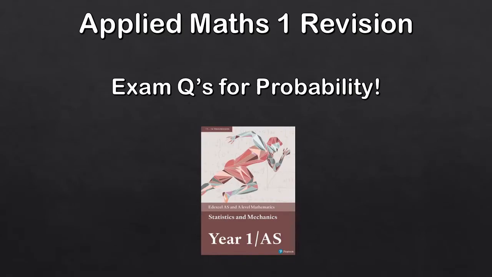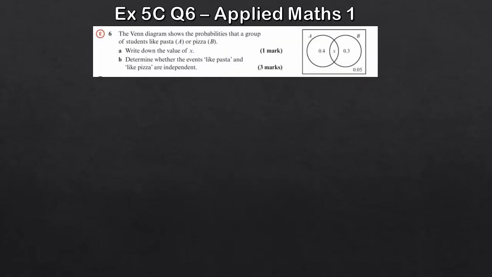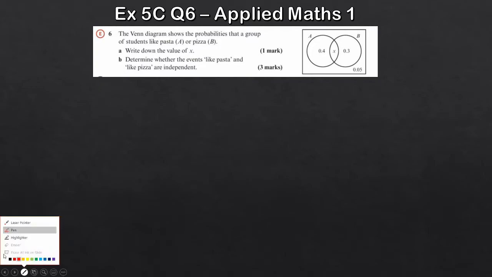Today we're taking a look at some more statistics, chapter 5, probability, some of the more interesting material, so much more exciting than the dull chapters 1 to 3. So let's take a look at what we've got. This first question is looking at a Venn diagram. We're looking at the probabilities, that's the important fact here, that a group of students like either pasta or pizza. So part A, we get the right pen colour,